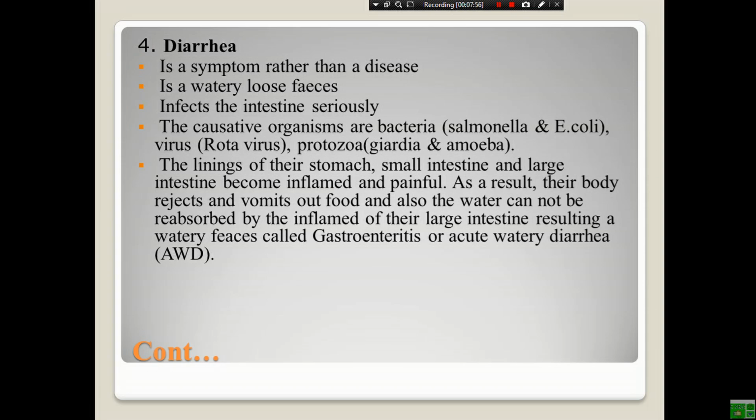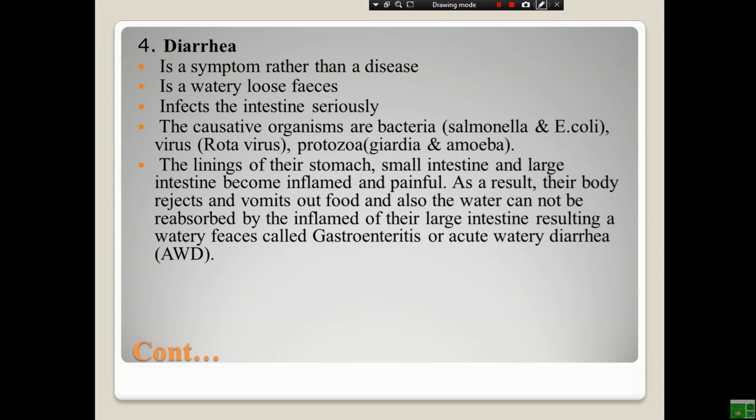Diarrhea is a symptom rather than a disease. It is a symptom, a watery loose phase known as diarrhea. It infects mainly the intestine in serious ways. The causative organisms are a range of bacteria, specifically Salmonella and Escherichia coli,